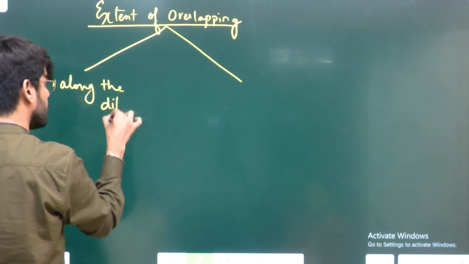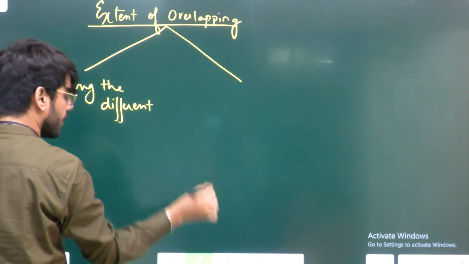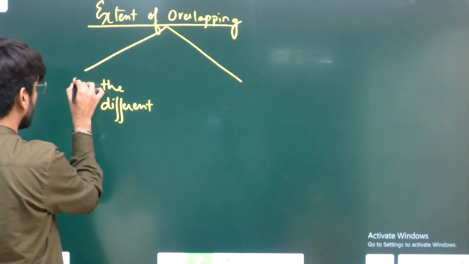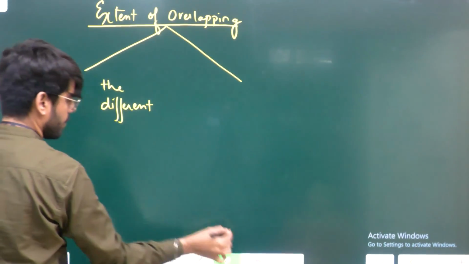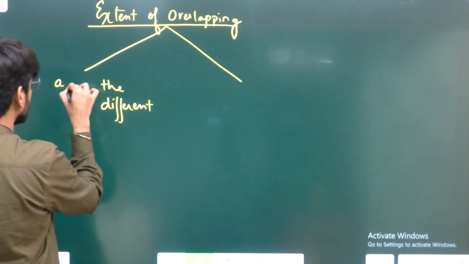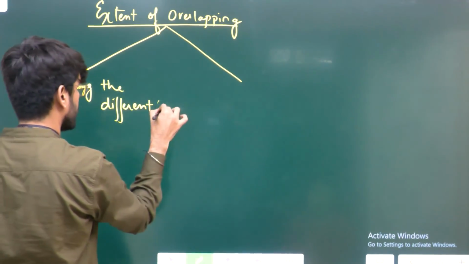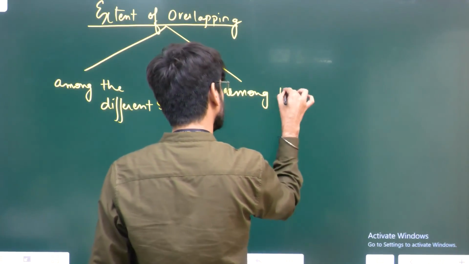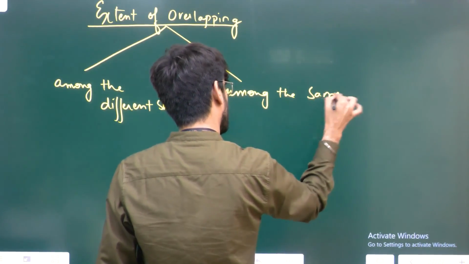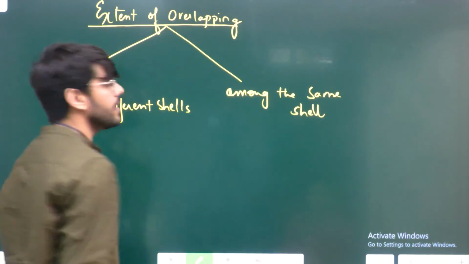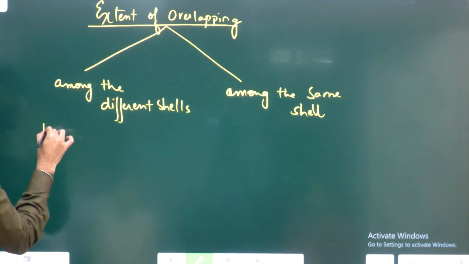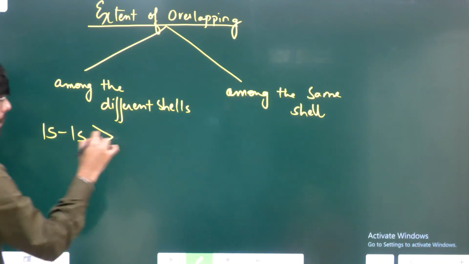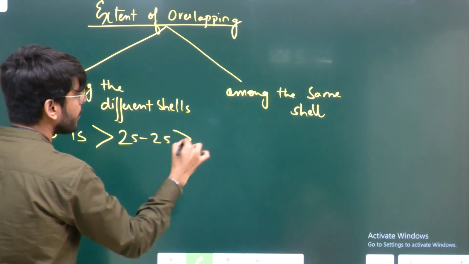along the differentials या फिर among the differentials and among the same shell. देखो अगर along the differentials है, जैसे फॉर एग्जांपल 1s और 1s के बीच में ज्यादा अच्छी ओवरलैपिंग होगी, देन 2s, देन 3s।